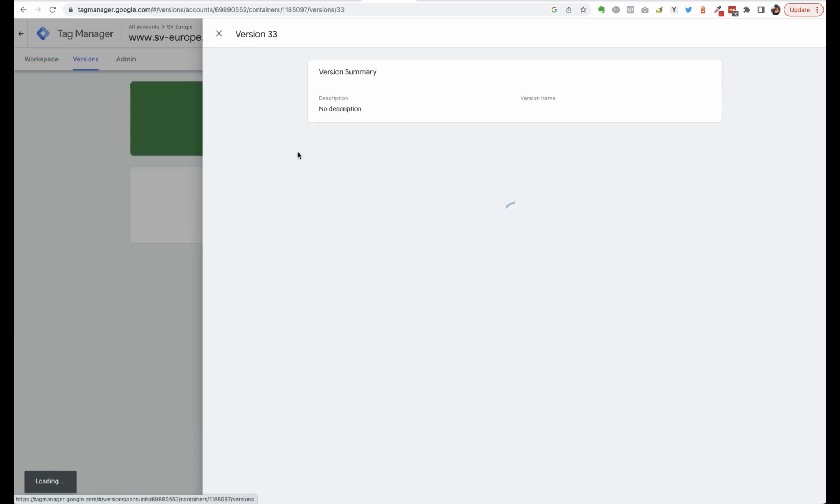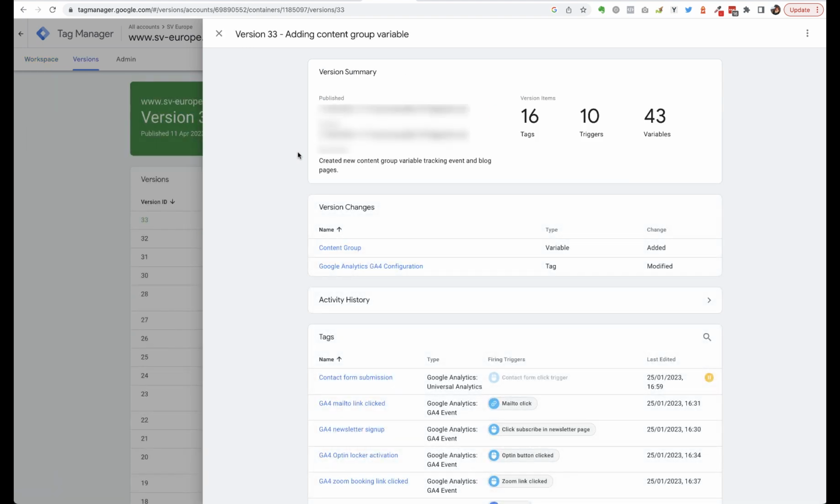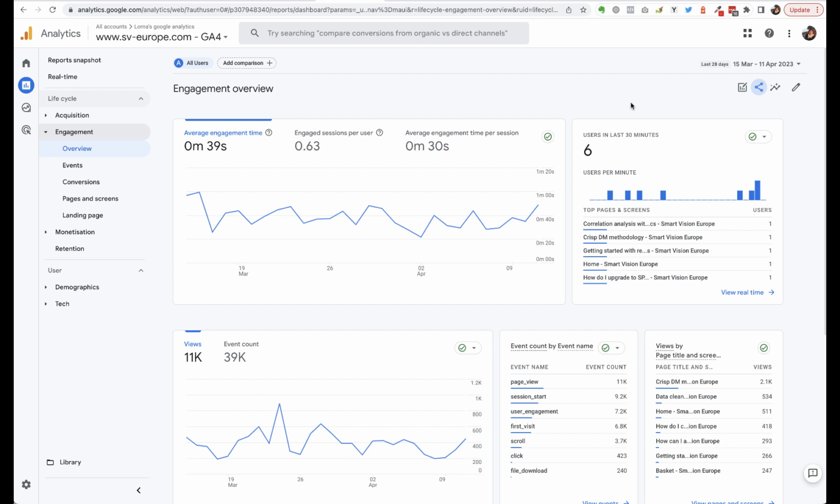And so the next step then would be to wait 24 hours and track back in Google Analytics to see if you're getting any traffic through to those pages and start configuring reports that use that variable. So the final stage of this process is just to double check that our new content group dimension is coming through in Google Analytics. So I'm in the Google Analytics account for this particular organization,